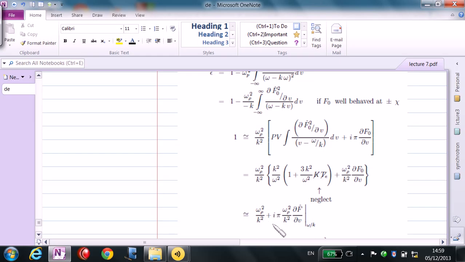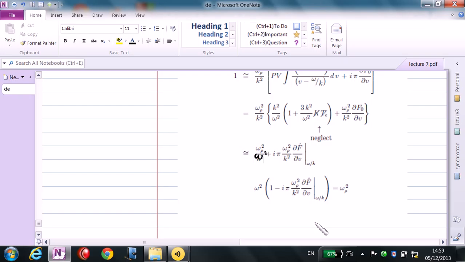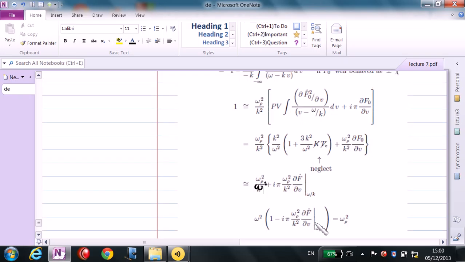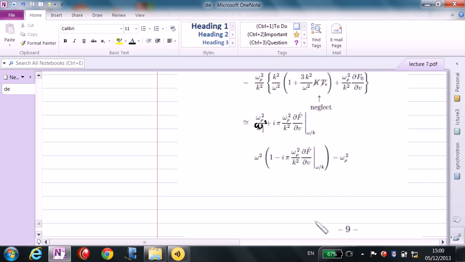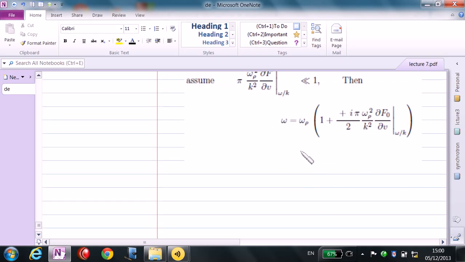I'm neglecting this, which means the term in the parentheses is just 1. I'm canceling out the k squared, so it should be omega p squared over omega squared here. Anyway, it's just algebra,